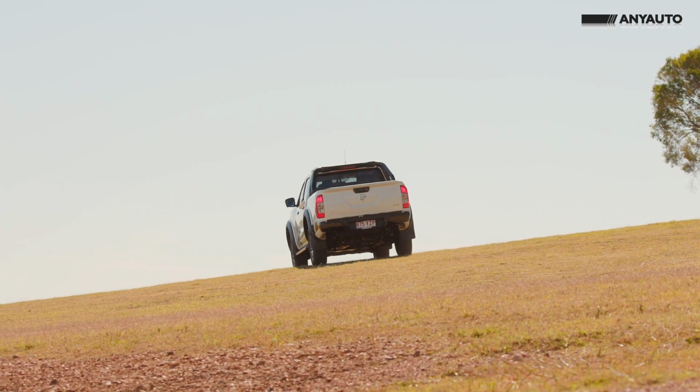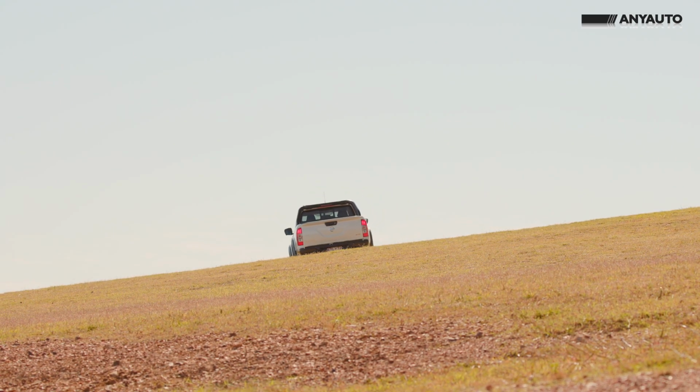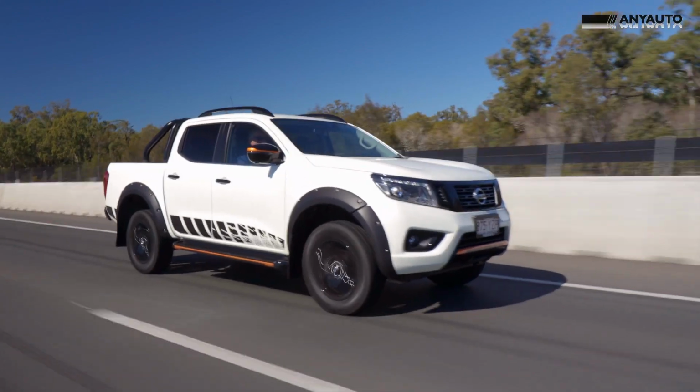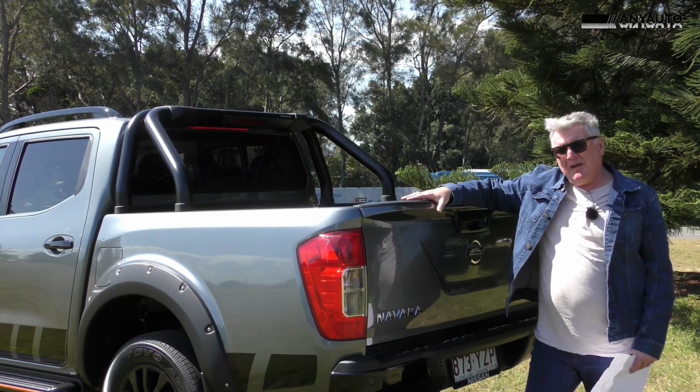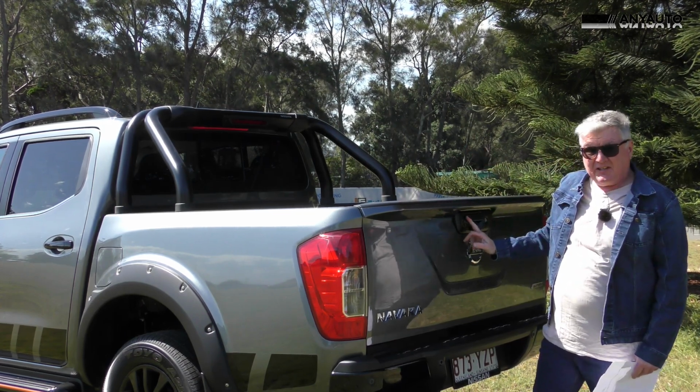There's also an electronically controlled 4-wheel drive system and an active brake limited slip differential. It delivers equal power to both rear wheels to boost traction and help you keep moving forward. There's also hill start assist. Around the back there's also some quite nice add-ons too. The reversing camera is standard,